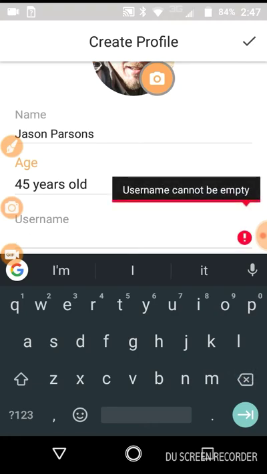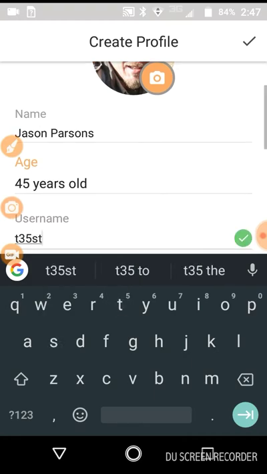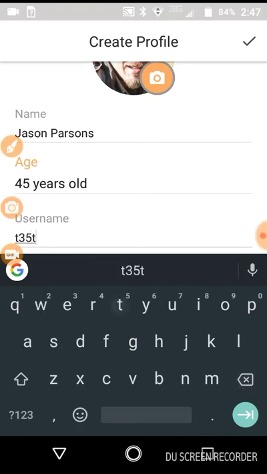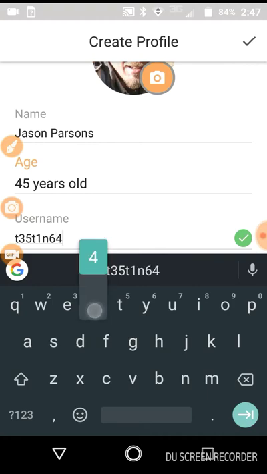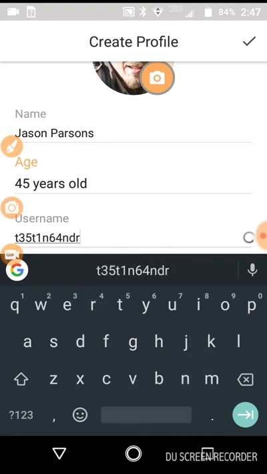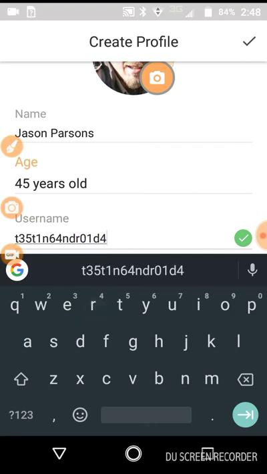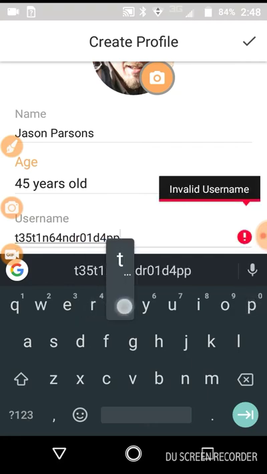And we are testing Android apps. Why is it invalid?